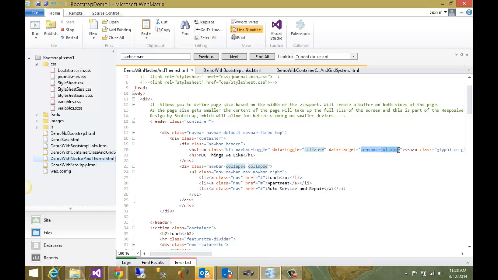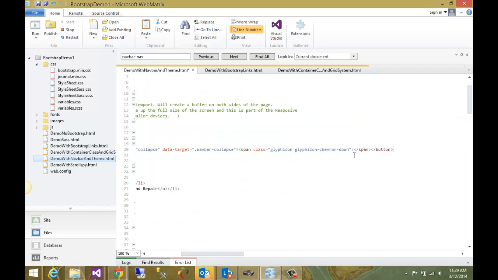because I can say ID navbar, and then instead of this, I can just say pound navbar. It'll be the same thing. But I would recommend not having multiple navbars,